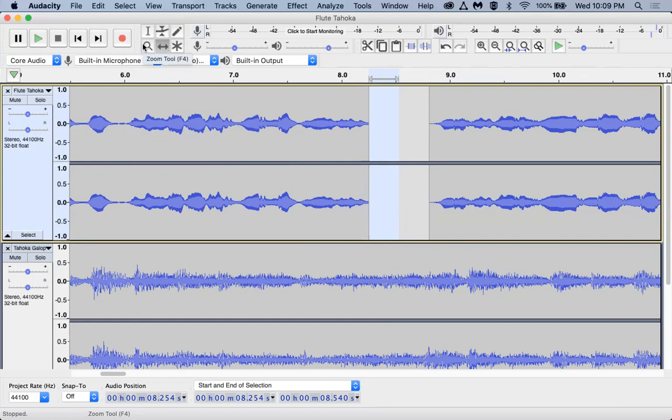So that's Audacity in a nutshell. Volume controls over here. It's called gain on Audacity. Mute, solo, just like you saw in BandLab. Okay,